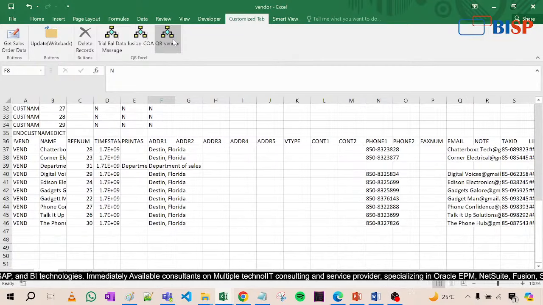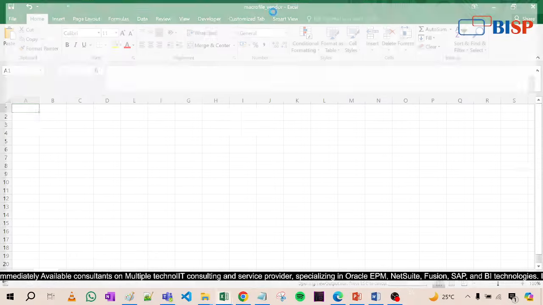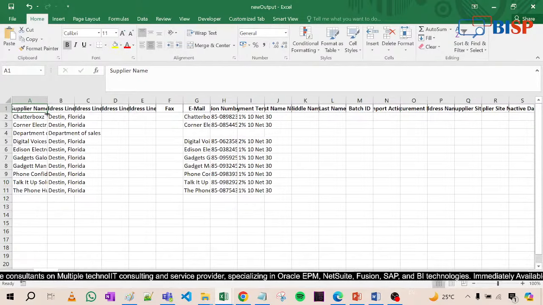Now see, in the back end, it will take 3 to 4 seconds. In the back end, a process is going on. See here, the microfile vendor is here, and now see, the final output is ready. Now how this final output is achieved, that is our main topic of today's discussion. So if I show the mapping sheet also first,